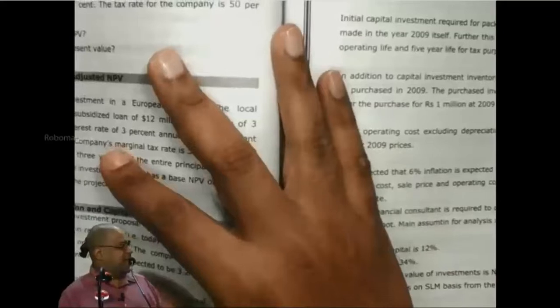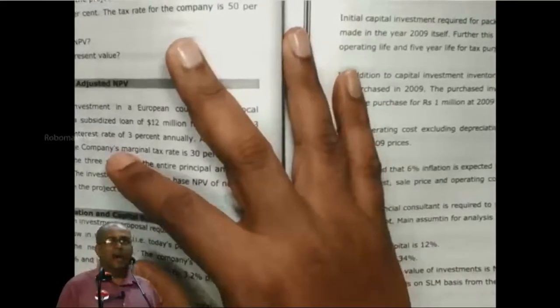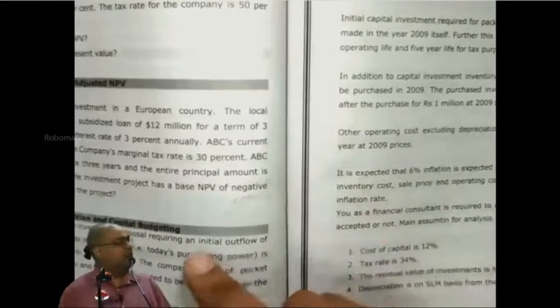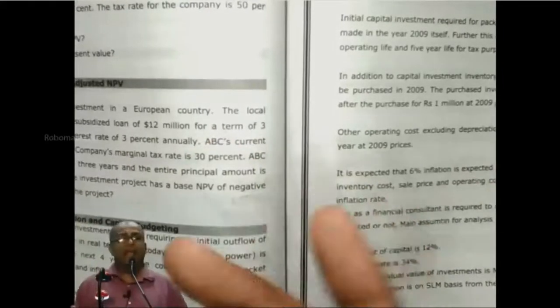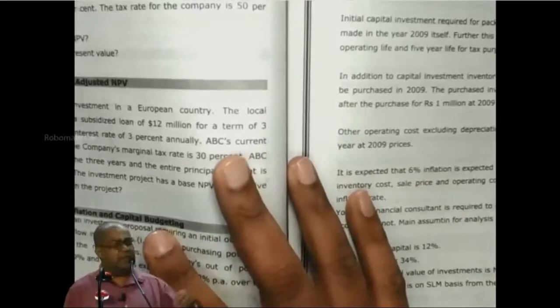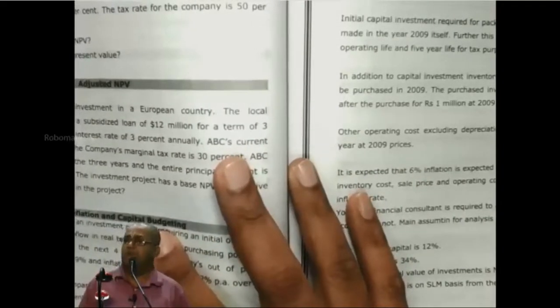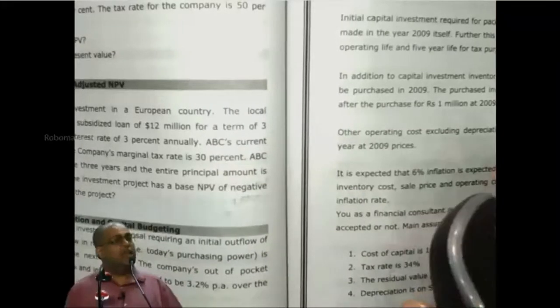This minus $6 lakhs may become positive by a tax shield on debt or other benefits which can be got from debt or other sources of financing. In such a case, a negative base case NPV can be converted into a positive adjusted NPV. Are you following what I am saying? So now we are going to see whether this minus 6 lakhs all equity project can become